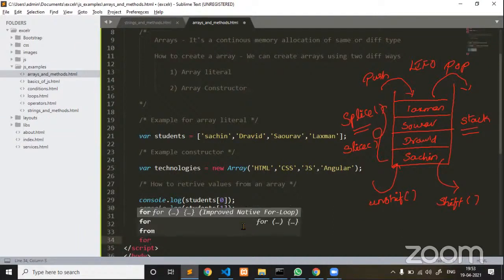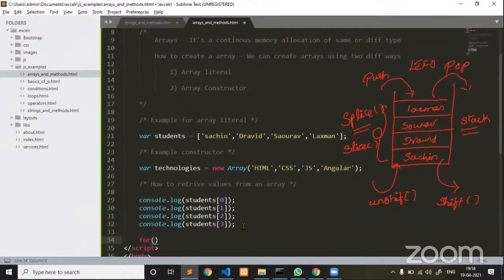Now I am using a for loop, guys. As I already said yesterday, if you can predict the number of times that your loop is going to execute, in such cases you must go for a for loop. If you don't know how many times the loop is going to execute, you can't even predict the number of times, then you better go for while. Do while: even if the condition is wrong, if you want to execute some set of statements at least once, then go for do while.